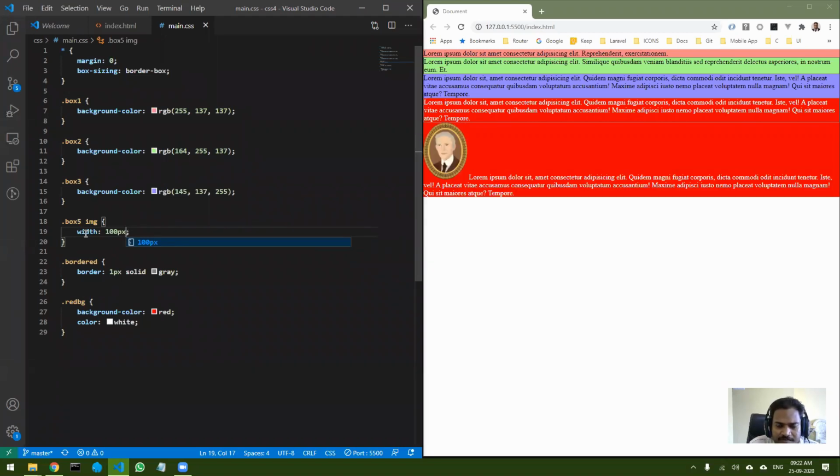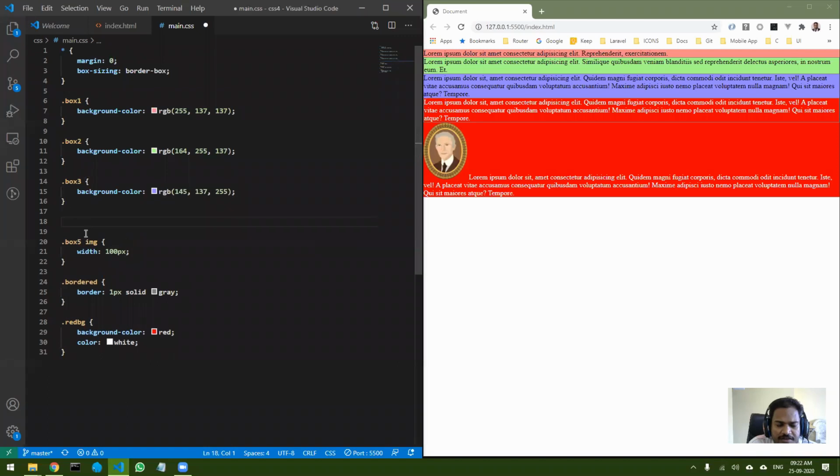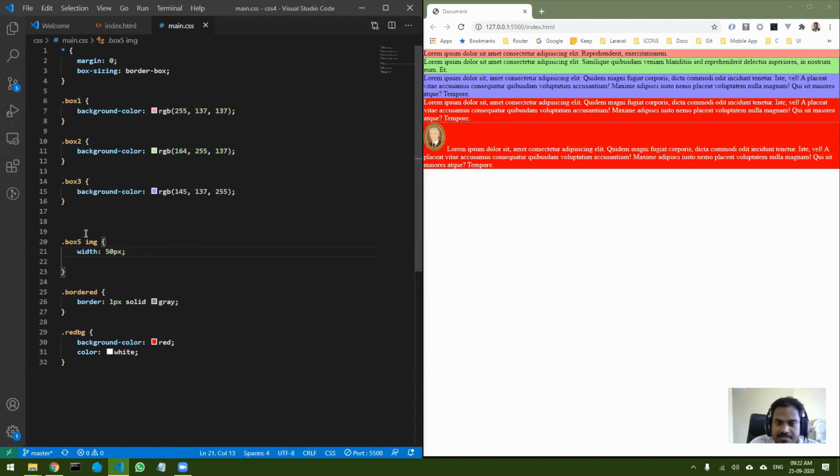Now let's see how the float property works. If you have read newspapers, the text that you see will flow around the images. If I want something like that, let me just reduce the size a little, 50 pixels. This is the size of my image.